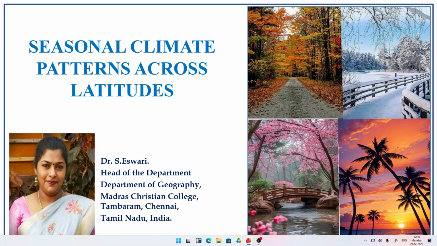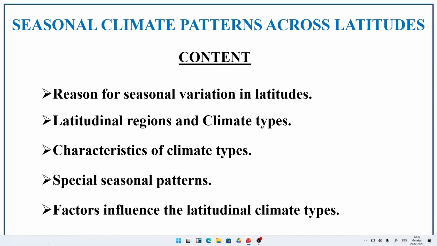In the previous lecture, we have discussed various thermal layers and the structure of the atmosphere. In this lecture, we will be discussing seasonal climate patterns across the latitudes. The contents we will be discussing are the reasons for the seasonal variations in the latitudes, the latitudinal regions and climate types, characteristics of climate types and special seasonal patterns, and factors influencing the